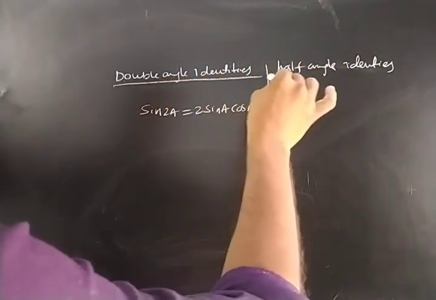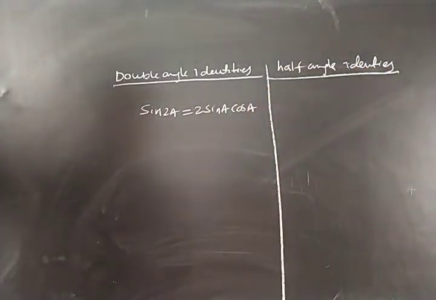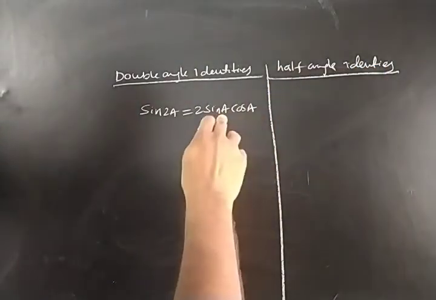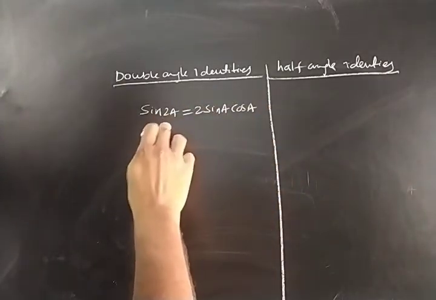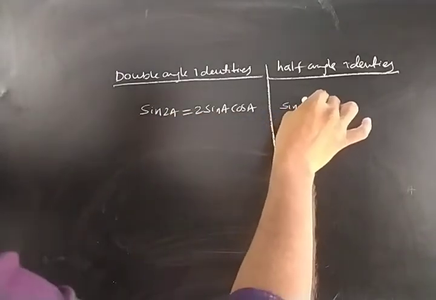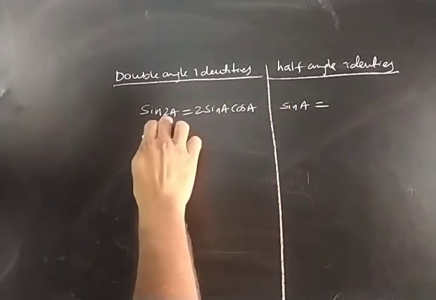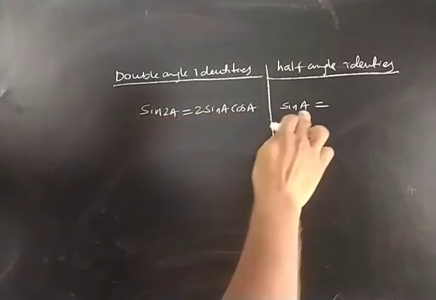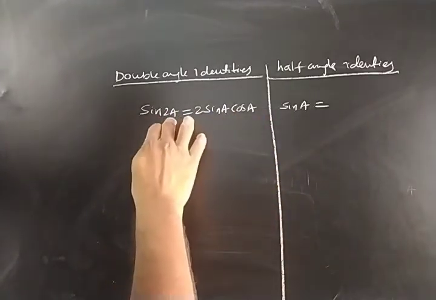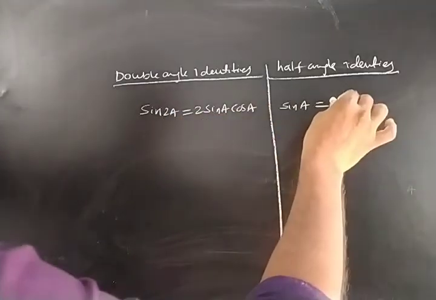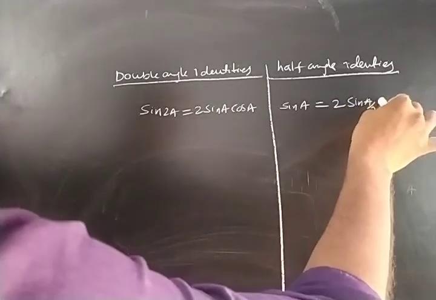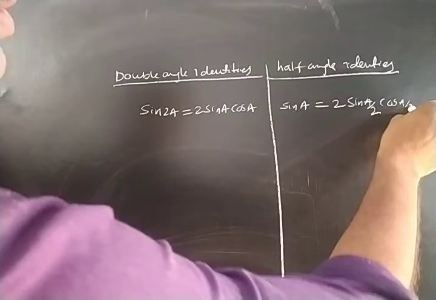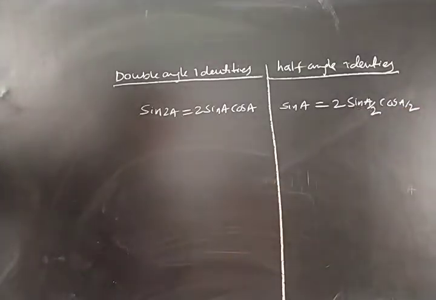These are double angle identities, and on this side I am writing half angle identities. Suppose I am dividing only the angle by 2. So here 2A by 2, you will get sin A on the left hand side. Why? Because I am dividing by 2, so the 2 gets cancelled, A. I am not dividing the total function, I am dividing only the angle. So here the 2 stays as it is, but the angle is divided by 2 on the right hand side, and here also the angle is divided by 2. So this is one half angle identity, derived from the sin 2A formula.